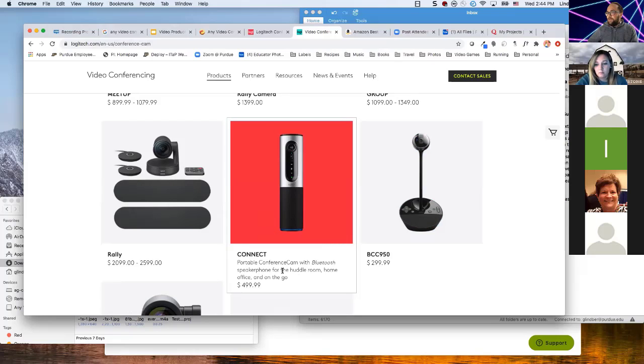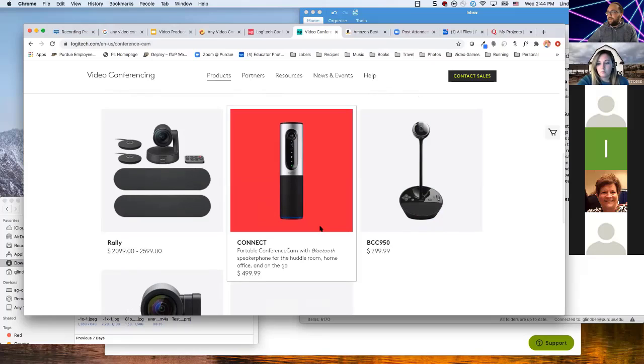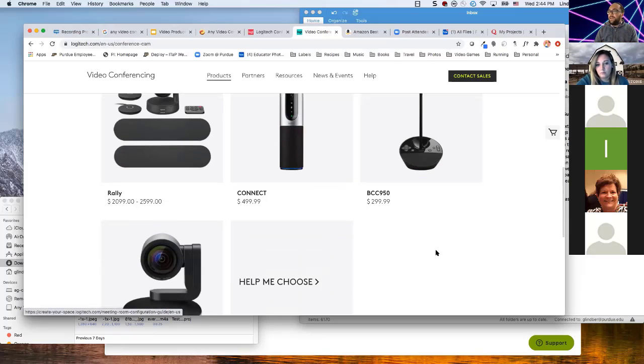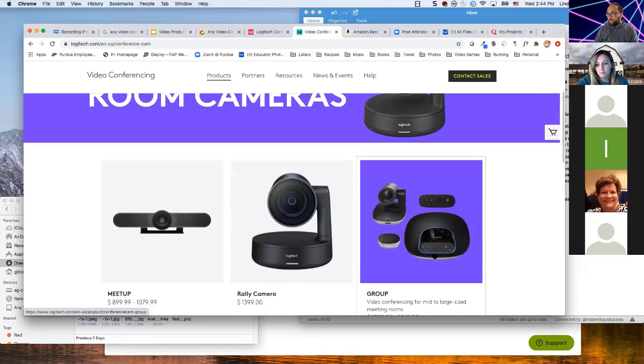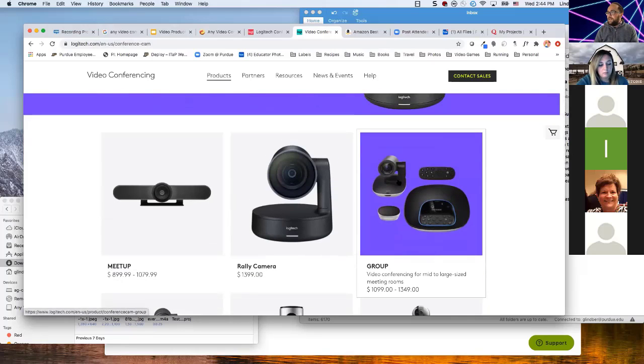It has the Bluetooth speakerphone, and it says home office, but like I said, in an office, if you're having up to 10 to 12 people, I feel like this one has worked pretty well. Now, if you're trying to be really distant, it's going to take some testing. I think every district office still has one of these bigger group Logitech conference cams, maybe not this newest version.